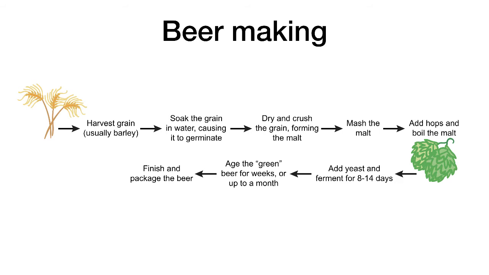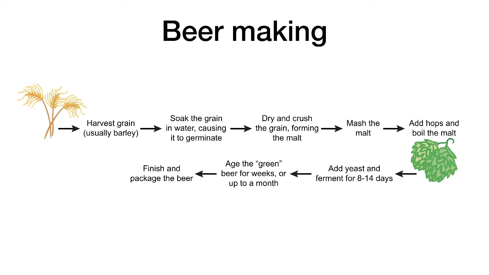Beer making is even more complex than making wine. There are hundreds of different beer styles, and each recipe is a little different. We will cover the general process here. Beer making is a 6-step process that begins with malting. The first step involves the soaking of barley in water for several days.